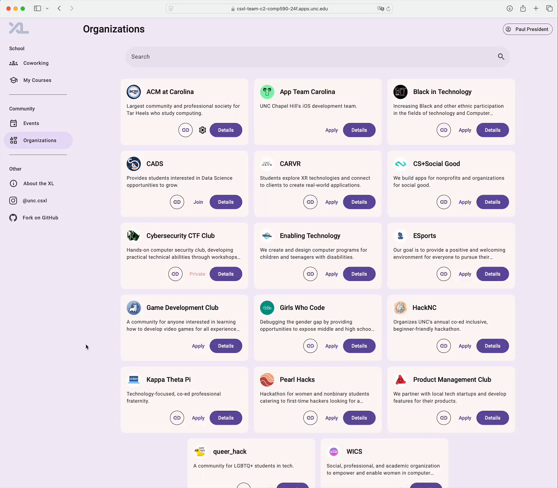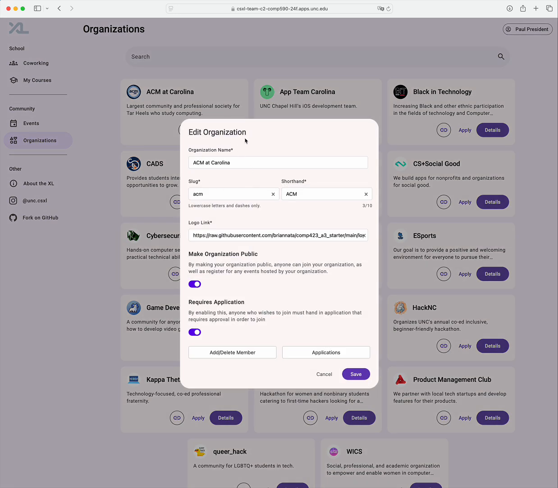Let me switch to our third user story, the leader experience. As a leader, the president in the ACM organization, I want to add other users to ACM so that they can have ACM membership and member-only permissions, such as viewing the member roster in the organization detail page. Here, as a leader, I have a gear icon with which I can edit the organization's information. Since most of the buttons are under development, we can still update the shorthand to ACM2,